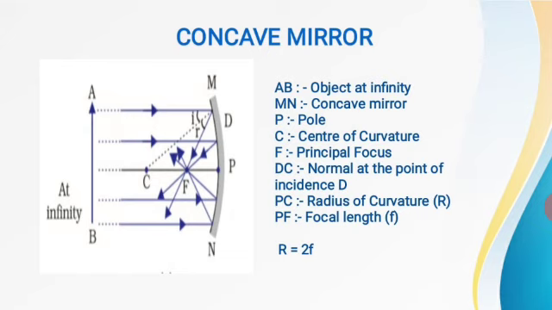The difference between a concave and convex mirror is that in case of a concave mirror, the focus lies in front of the mirror where all the rays are actually meeting after reflection, whereas in case of a convex mirror, the principal focus lies behind the mirror and the rays of light do not meet at F. In fact, we have to extend the rays to bring them to the point F, which is imaginary.